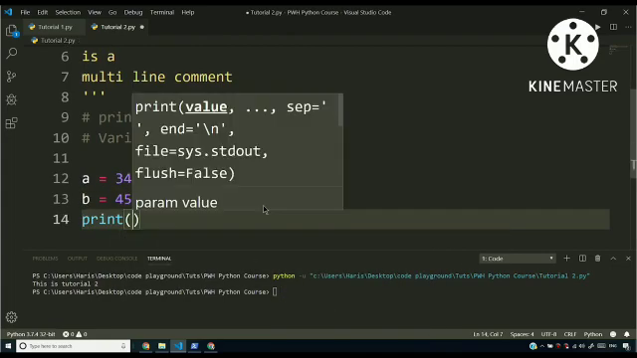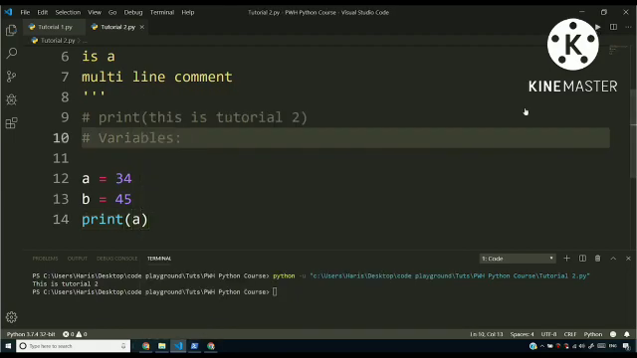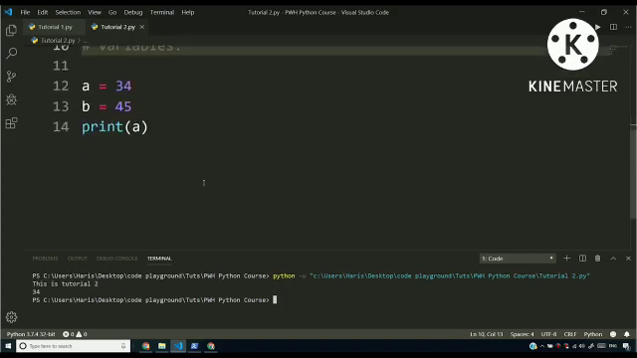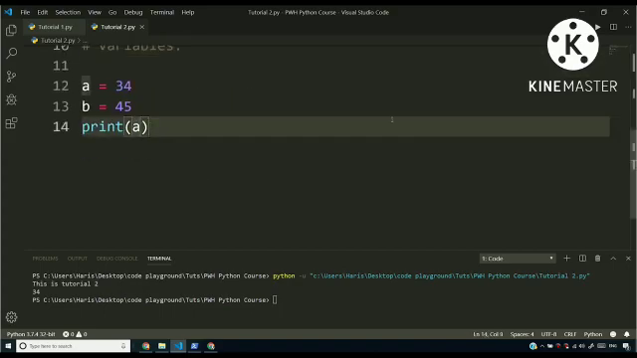Now if I say print a and I save this script and run this script, you will see that we have "this is tutorial 2" as well as 34 printed on the terminal. Now again, if you say print a comma b